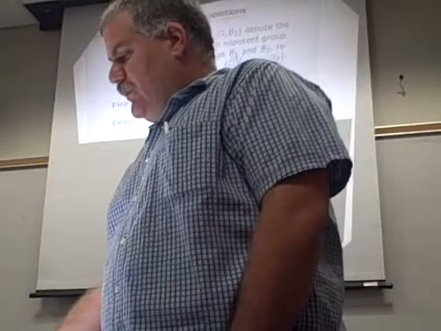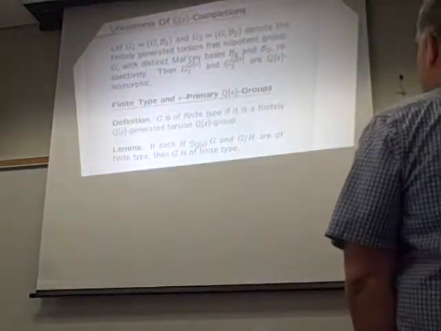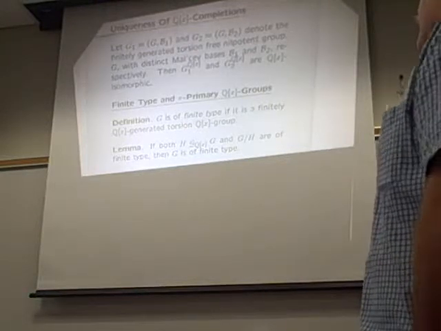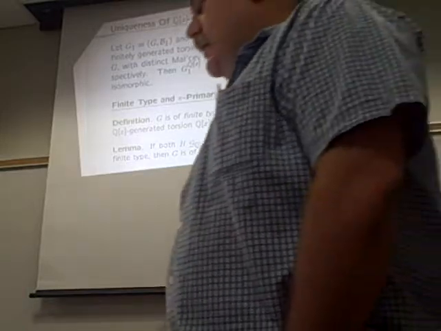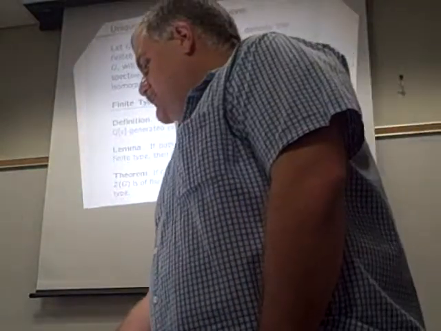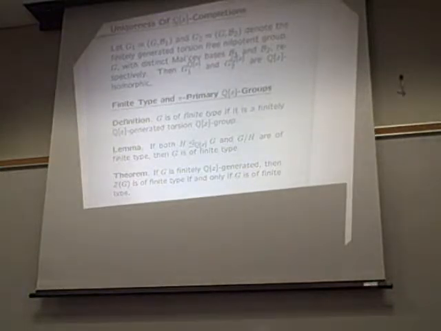And it turns out, one of the things I showed is that if you take a normal subgroup and look at the factor group, if both of those are of finite type, then G is of finite type. Now that in itself is not a difficult thing to prove at all, but the next theorem is pretty cool because it says, if you have a finitely generated nilpotent Q[x] group, then the center is of finite type if and only if G is of finite type. As you know, in nilpotent group theory, knowing something about the center can give you some information about the group itself. So this is something along those lines.